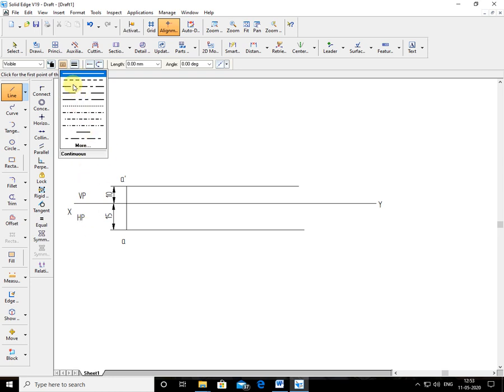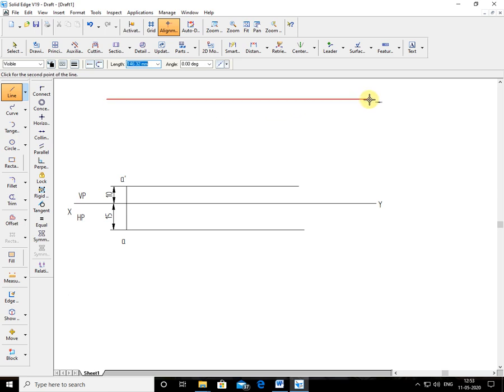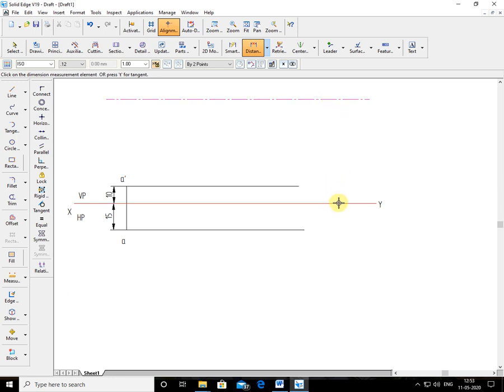Now I go to the third line, the chain line, the locus line, a thin line. You can choose 0.13 or 0.18. Just draw a parallel line from the XY line. Then go to the distance between command. Set the distance between this locus line and this XY line. How much do I want? I'll type here 50 mm, sorry, 55 mm above HP. So it will change. Now this is the locus of B.